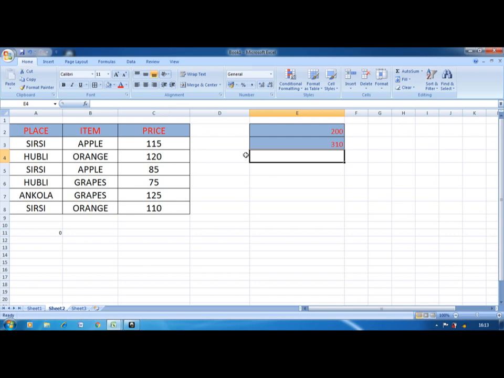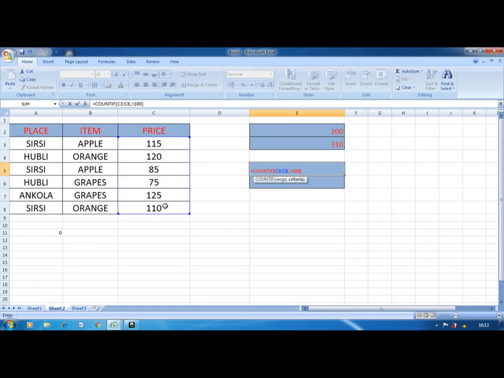Now one more is count if. So equal to count if, opening bracket. Here there are only two arguments. One is range. So I will take range as this one, comma, criteria. I want to find those numbers which are greater than 100. So I will make it greater than 100.